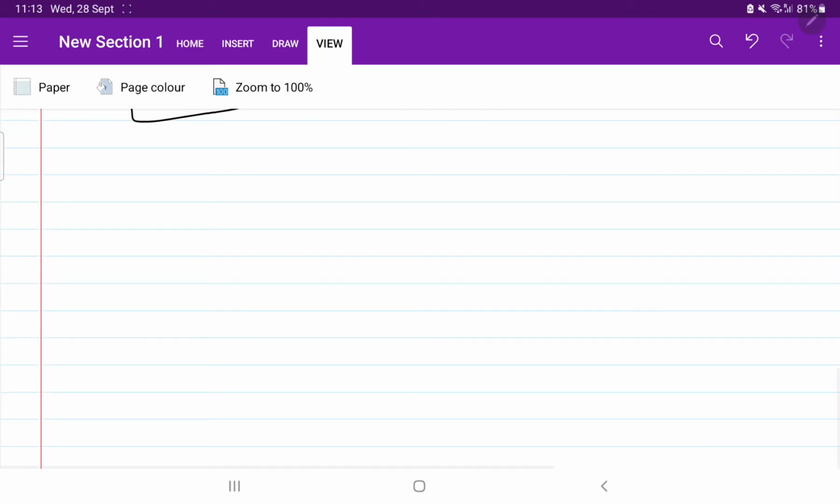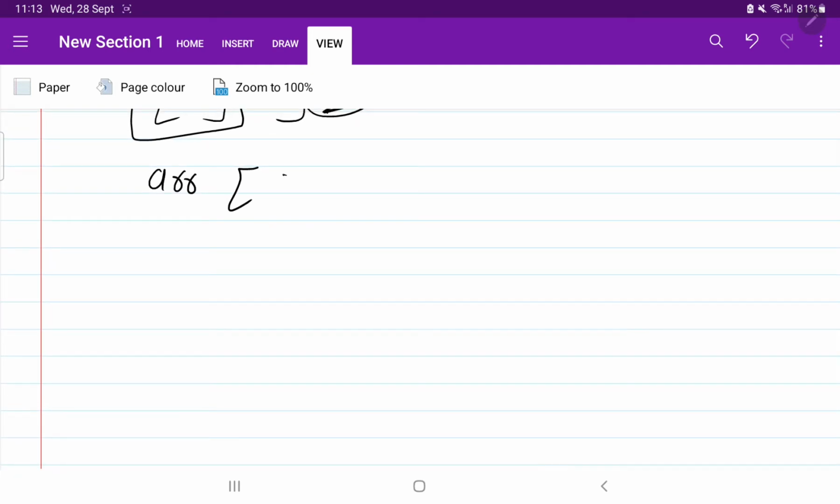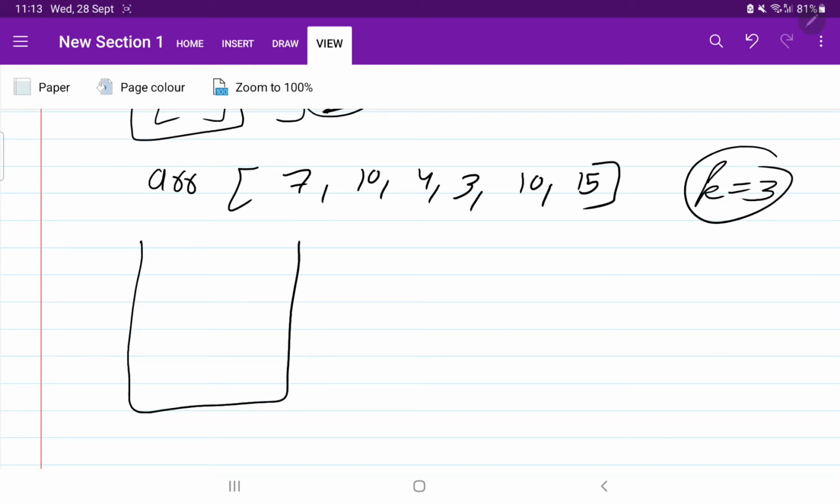Let's take one example and try to understand things. The array that was given to us is 7, 10, 4, 3, 10, 15. In the max heap, the k value is 3, so first of all we are going to insert 3 elements.